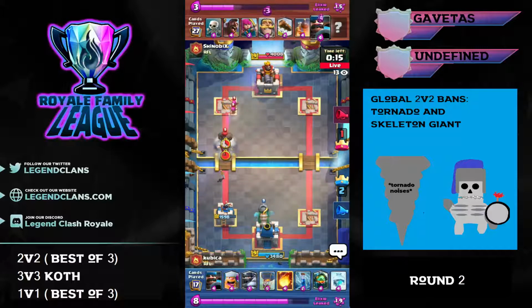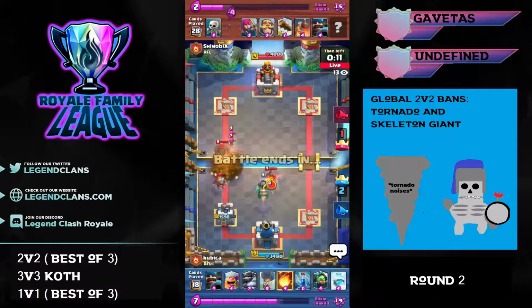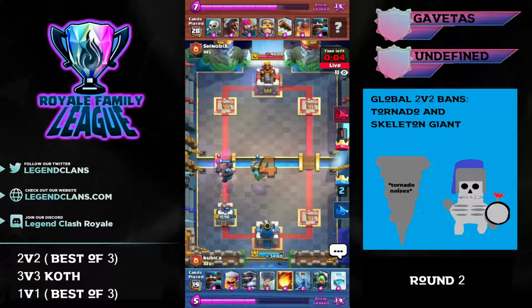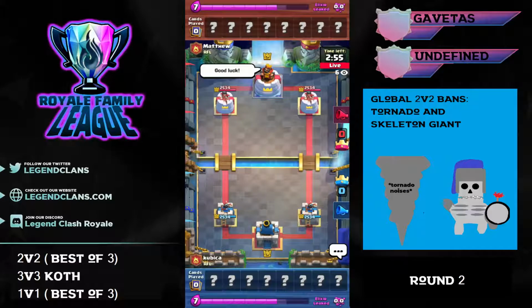Kabaka knows this and basically can keep spamming troops up on this left-hand lane, making that very difficult to do. And the Fireball down on the Knight and Hunter, Inferno Drake and Mega Knight on the Hog, and that will stop it right there. And Kabaka wins this one 2-1